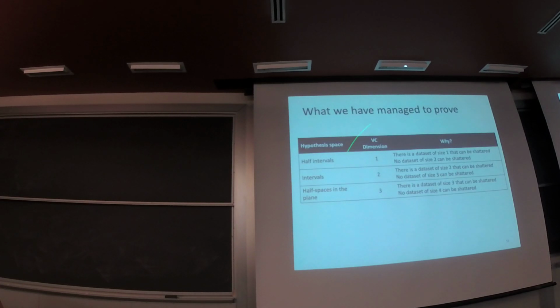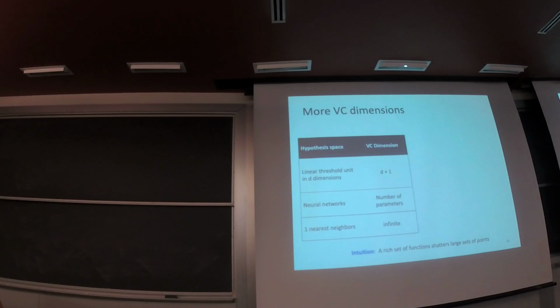And here, just to give you a few results of VC dimension for different hypothesis spaces. Half intervals, as we just mentioned, have VC dimension 1 because they cannot shatter 2 points. For intervals, it is 2, since we showed that any 3 points cannot be shattered. And for half spaces, the answer is 3. So I tell you half the answer of that homework problem. Any 4 points cannot be shattered by linear classifiers. Then it's your task to show that. And in general, the VC dimension for a linear classifier in d-dimensional space is d plus 1.